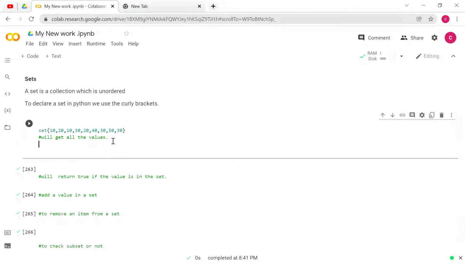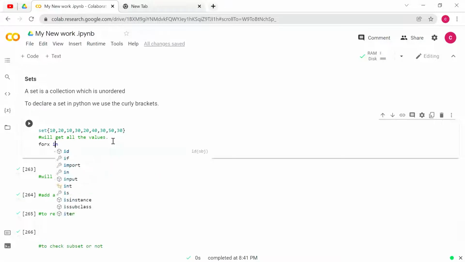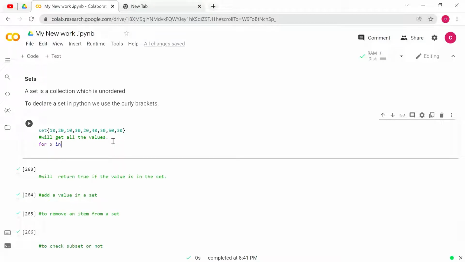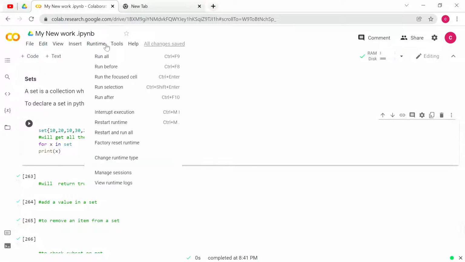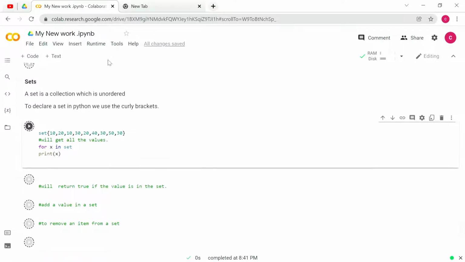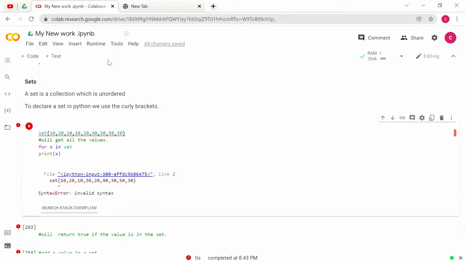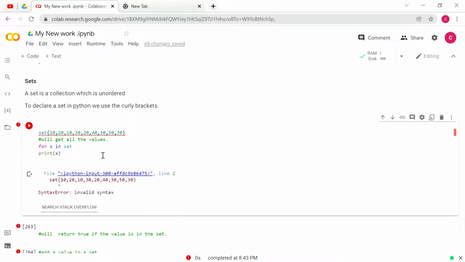For that, just give the code for x in set, enter print of x. Let us check what will be happening. Okay, some error came here only because we have not given a colon over here.